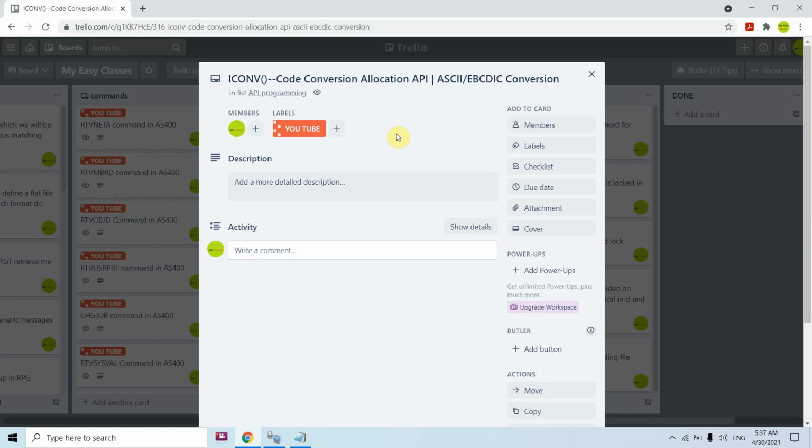But if the code pages are different, it means their character sets are different, so some characters would not be present on the other side. This will cause your characters to be replaced with some other values.